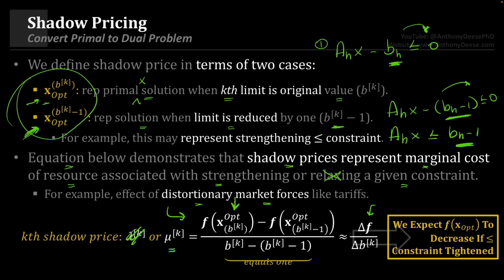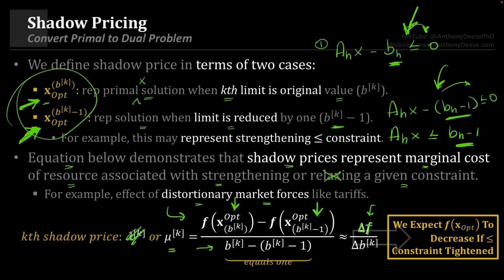Because up here we have the first case, which uses the first inequality constraint. Here we have the second case, which uses the updated or tightened inequality constraint, and that yields the numerator, which is delta F. So how much does the optimality change? Could go up, could go down. Generally goes down. Okay, and we divide that by the change in our b sub h,